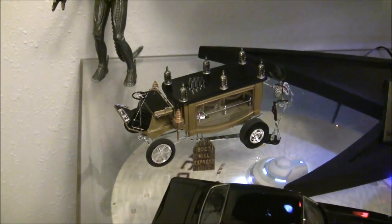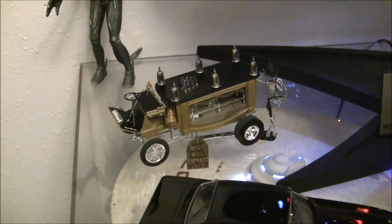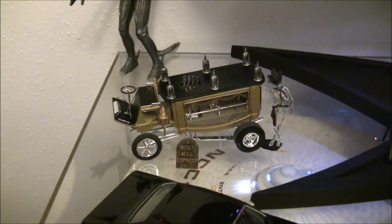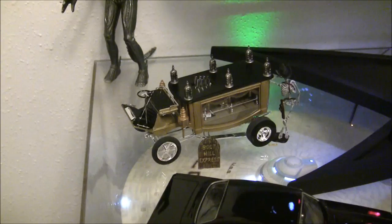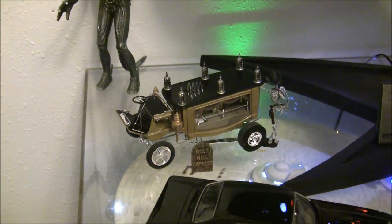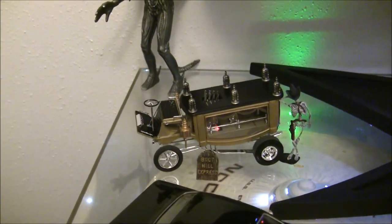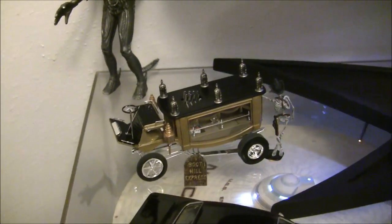This one we did for the Model Shop Halloween group build that we did this year on the Model Shop Google Plus community page. Everybody got together and built a little Halloween themed kit, and that was my kit that I built this year. This was a lot of fun working on this one. It's an old vintage kit, and I built it a long time ago and didn't do a very good job on it. And I put a lot more effort into it this time, and I'm really happy with how it